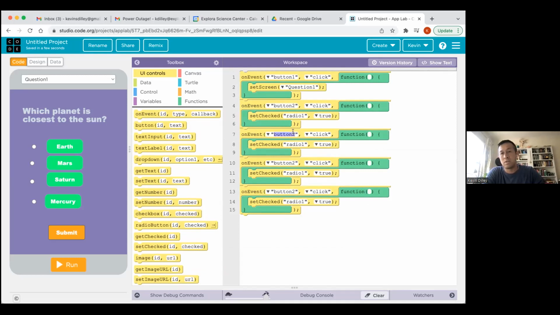So I'm going to change this one from button 3 and to radio 2. And this one to button 4. This one's radio 2. Oops, radio 3. This one to button 5 and radio. There